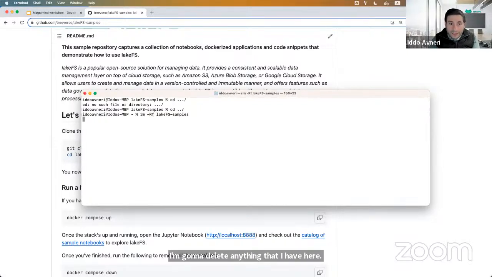Is this okay? Can you guys see my screen, is this big enough to read? Can you guys read my